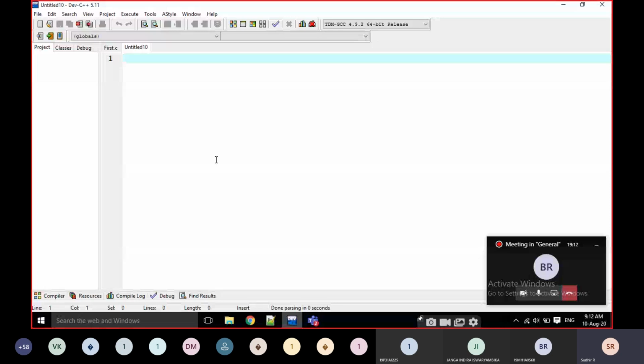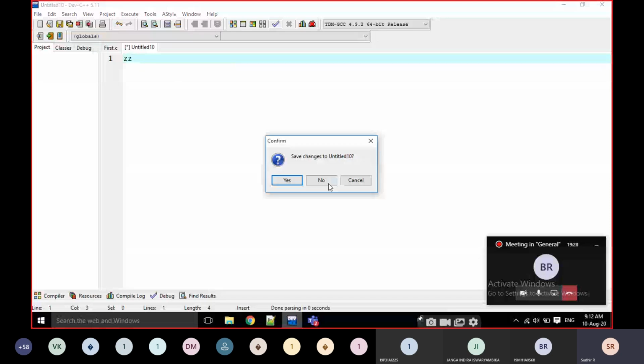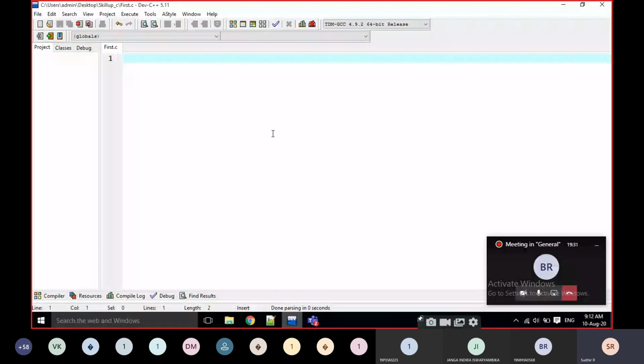Then we can write something and press Control S to save the file. There are many editors, but this is a good editor. We can use both C and C++ on the same platform.